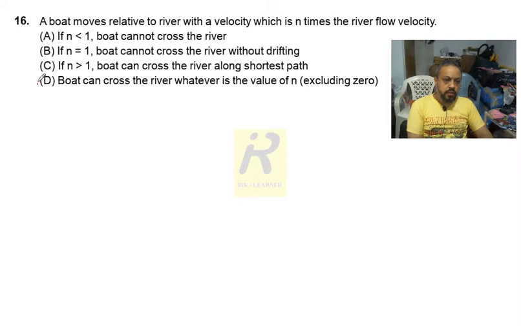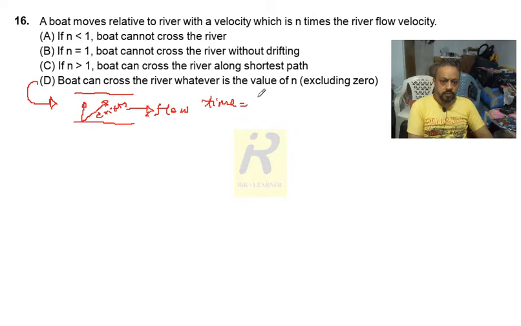For the last one, if you understand how the drifting actually happens, if this is the river, and the river is flowing in this direction, and the boat tries to move like this, it will actually drift in this direction. So this is how the boat drifts. So the time taken in this situation is given by